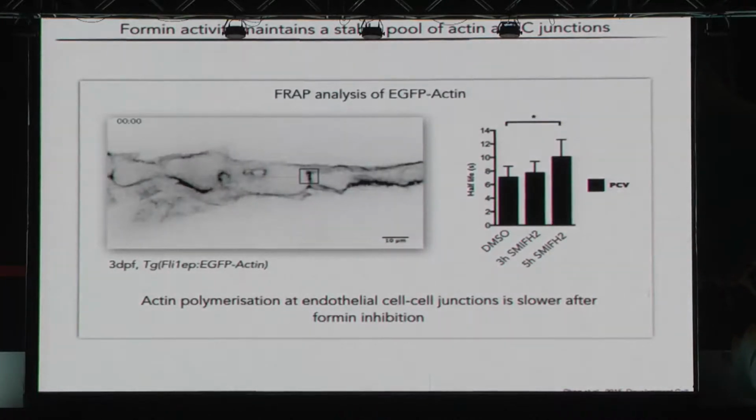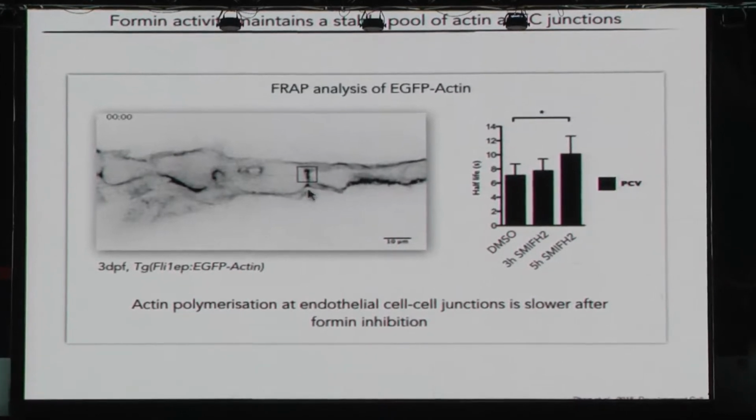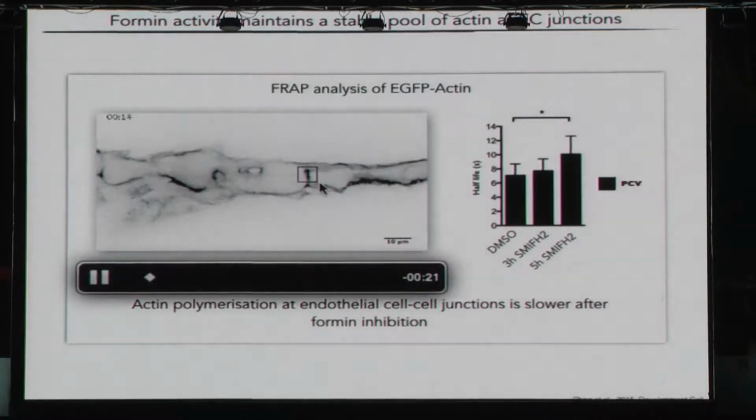And we then tested this by performing FRAP analysis of EGFP actin at junctions. So these are already vessels that have formed and they're lumenized, and this is a dorsal aorta in a zebrafish embryo, 3-day-old embryo. And when we FRAP the EGFP actin, you can see that there's a high turnover of EGFP